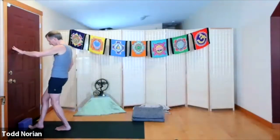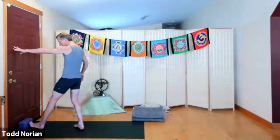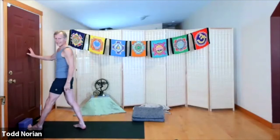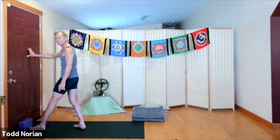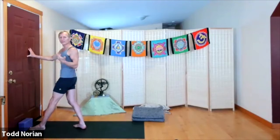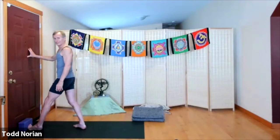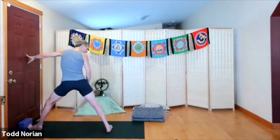Left toes up the wall, ball mounds on the floor. And sometimes just that stretch is really intense for the toes. So you could move your foot back a little bit so that your toes are not going up the wall or on the block. Otherwise, get the stretch in your toes. Step your left foot back,